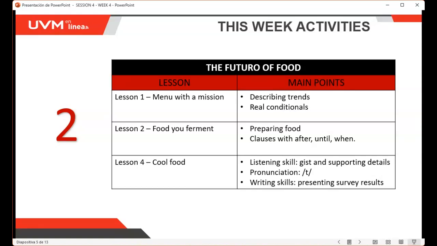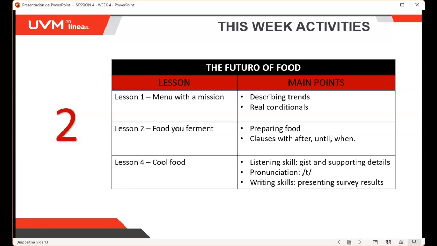In lesson 4, Cool Food, you were working with listening skills, pronunciation, and writing skills. It was a very good lesson, I think, because they covered all the things that they promised in the introduction of the lesson. In listening skills, you learn how to identify a gist, mainly, because they were talking about how to identify the general topic of a listening, or in this case also in a reading